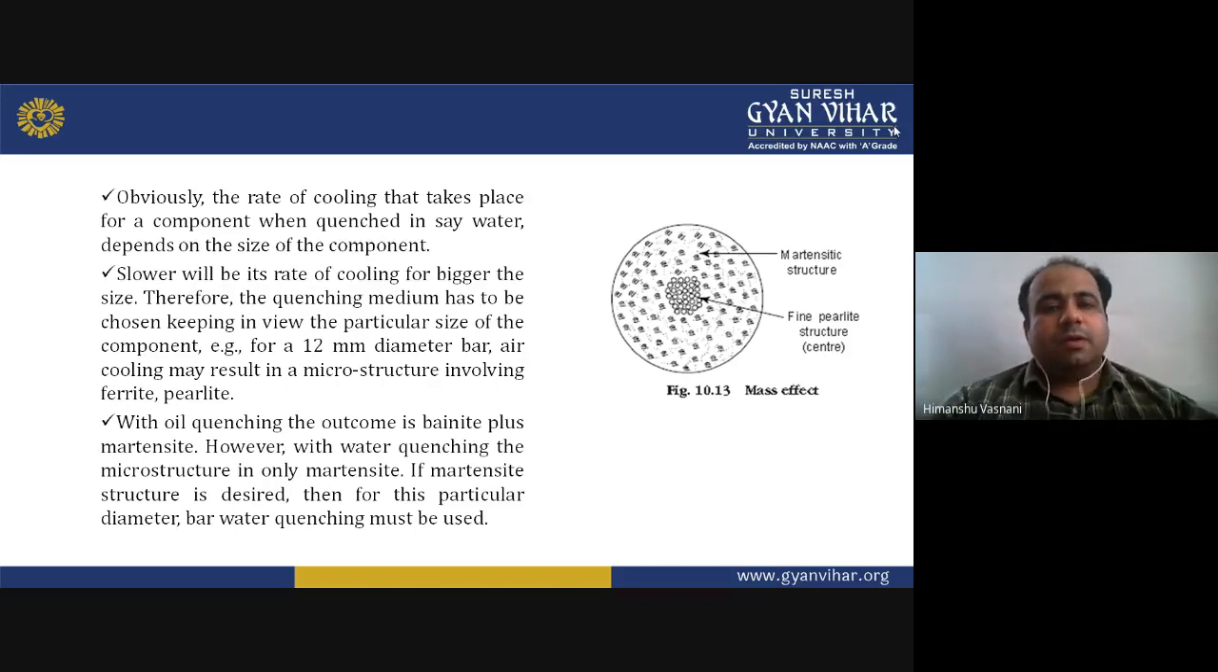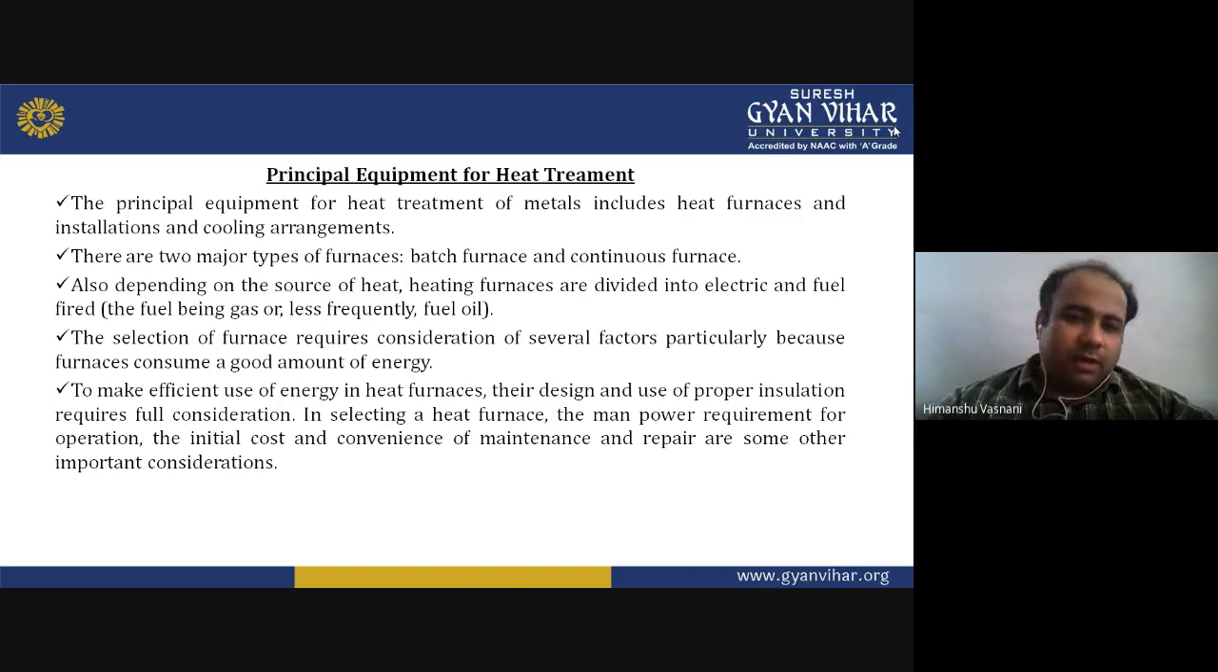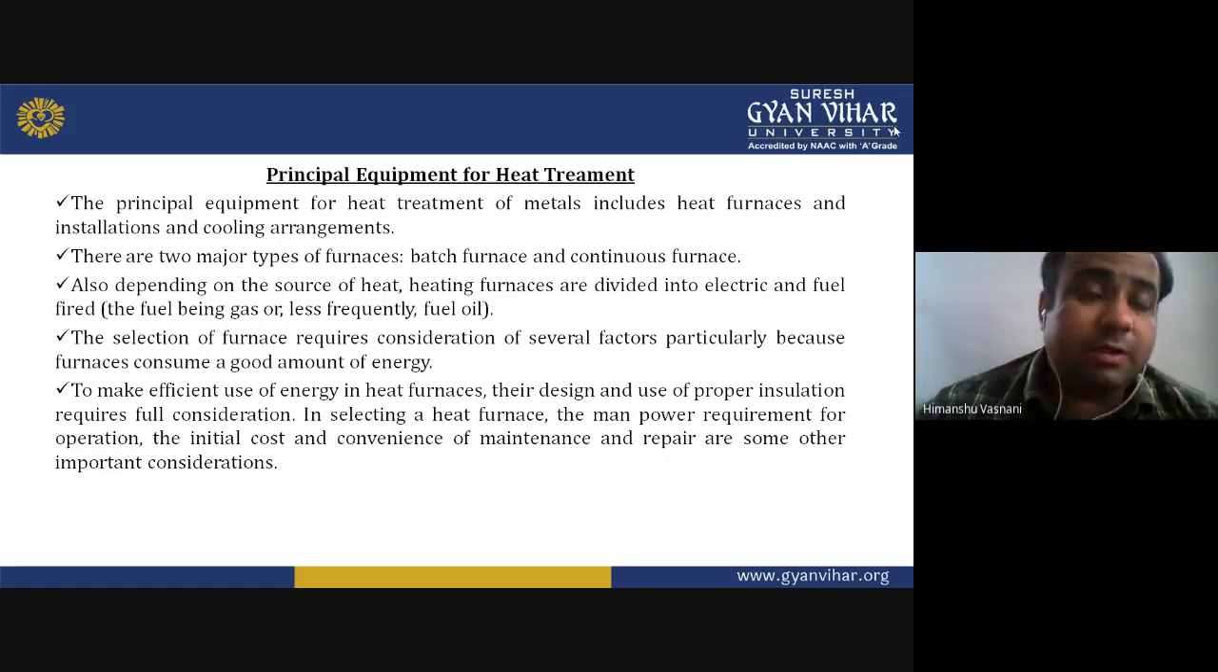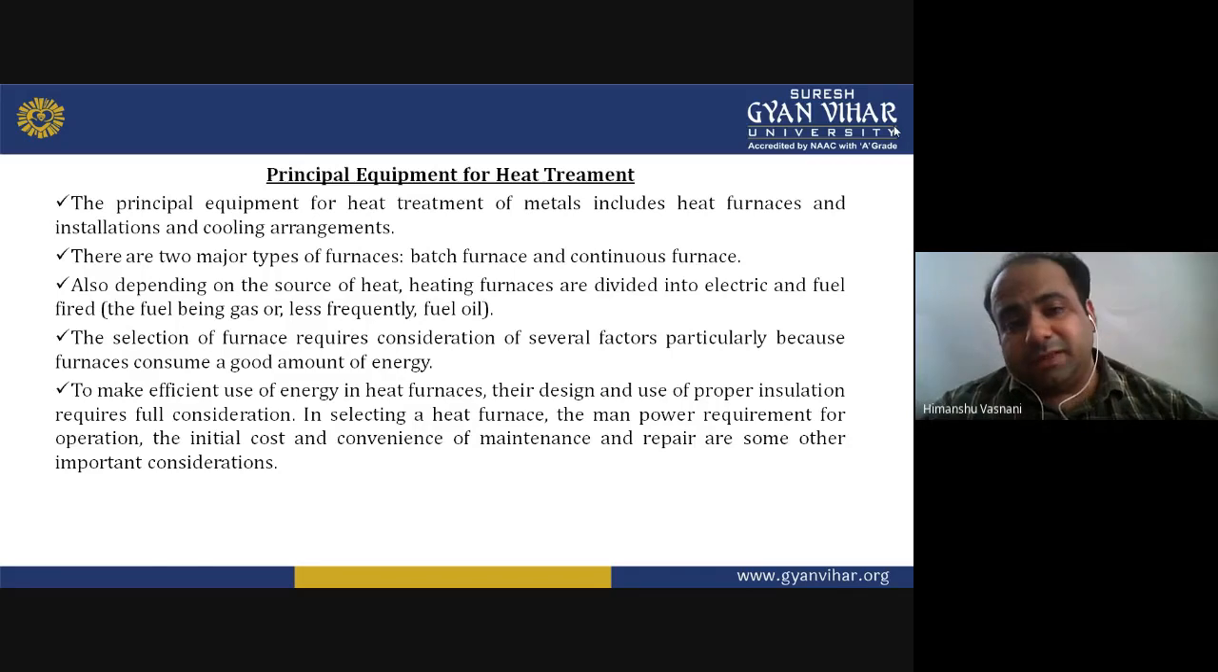Okay, so this is the thing. Now, principal equipment for heat treatment. When we are doing this heat treatment process, we will use some equipment only for the heat treatment process, like for annealing. When we're talking about annealing, the name furnace comes in, because we heat the material in the furnace, and then we keep the workpiece to cool down